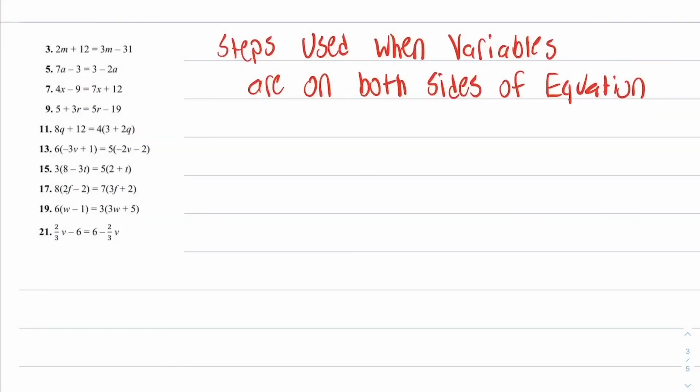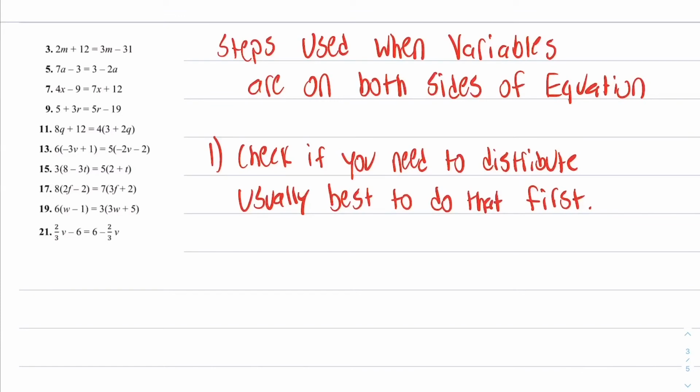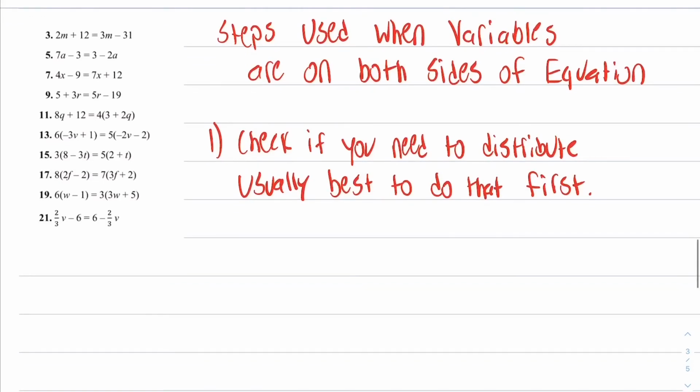To summarize the steps that we used whenever we have an equation and there are variables on both sides, we did this. The first thing we had to do was we had to check for distribution. You should check if you need to distribute, and it's usually best to do that first. It's only once you're pretty good at solving equations that you might decide not to distribute as your first step. After you distribute, you